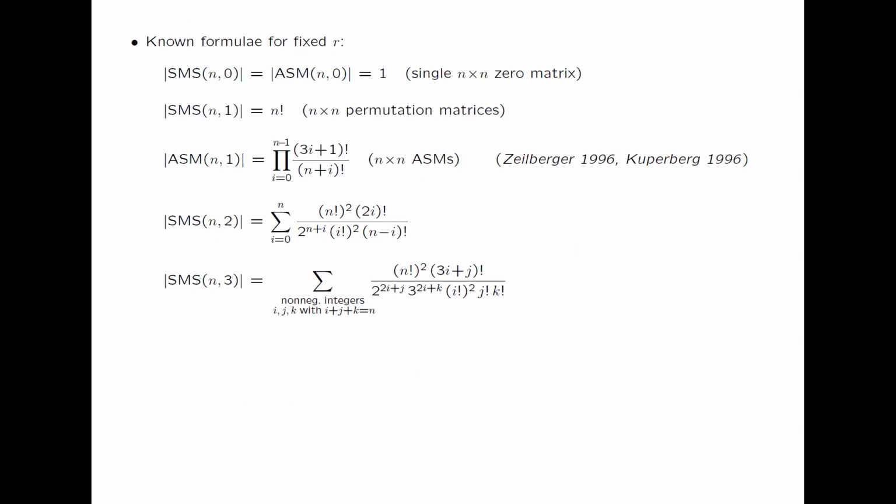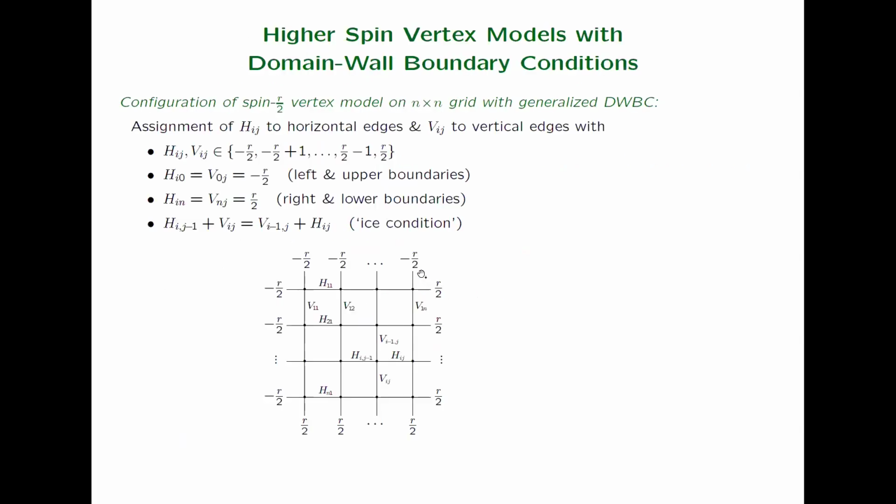If I look at fixed R and variable N, then it's much more challenging. So we've only got a few isolated results here, just small R. So R equals 0 and 1 is trivial. For ASMs, we've got this non-trivial result that we've seen many times before. And then for 2 and 3, we've got these results, and then beyond that, we don't have